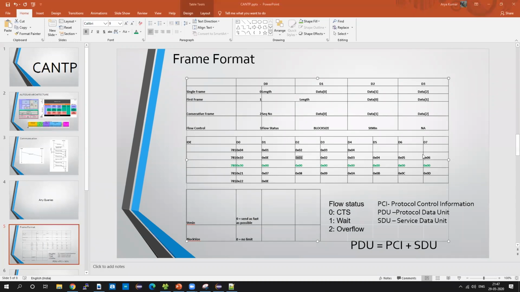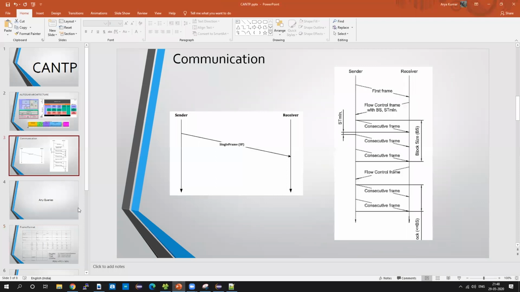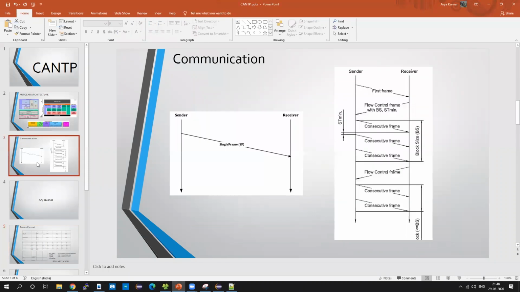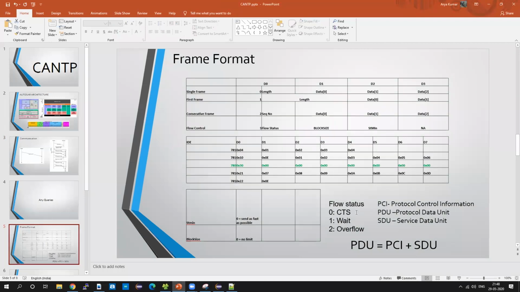After sending this 6, the receiver will send the flow control. In flow control, first the ID will be 3. Then the next byte will be the flow control status. Whenever you are sending data, the receiver will say whether it is ready to accept the data, whether it wants the sender to wait for some time, whether there is an overflow, or whether it wants to abort the communication.